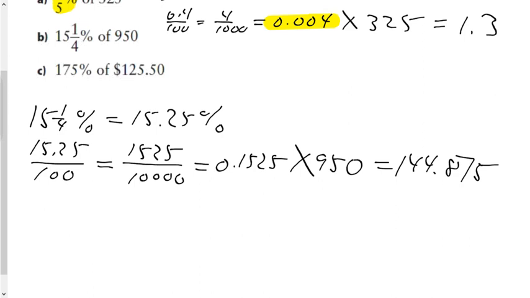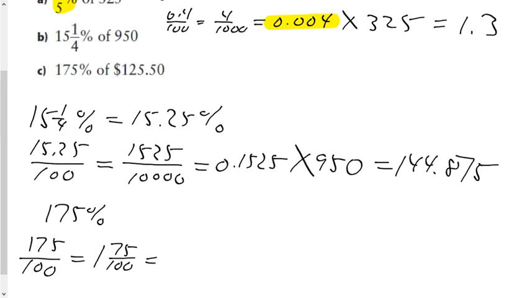Your last one is 175%, which of course as a fraction is really easy because it's 175 out of 100. That's 175%, which is 1 and 75/100, which is 1 and 7,500ths. So to change 175% to a decimal, that's the thinking that you need to do. And 175% of $125.50